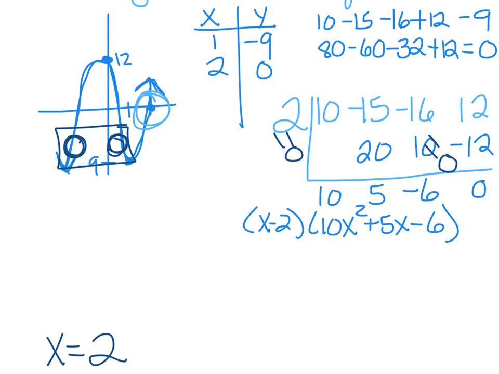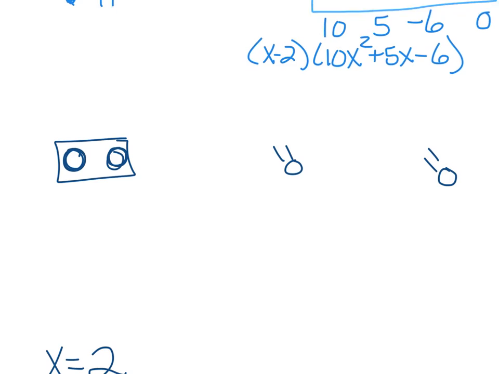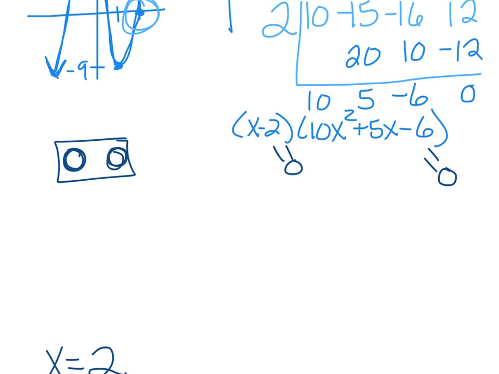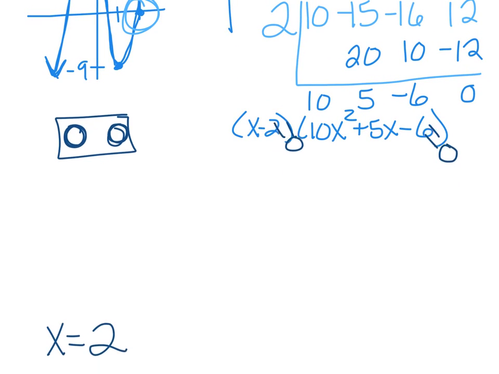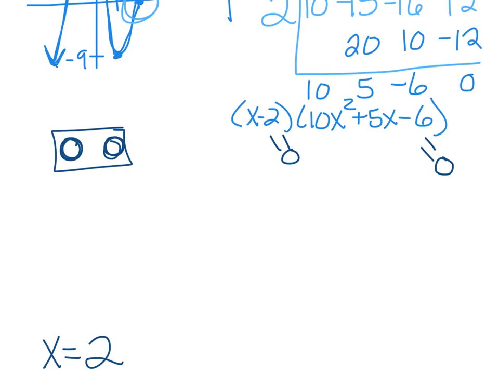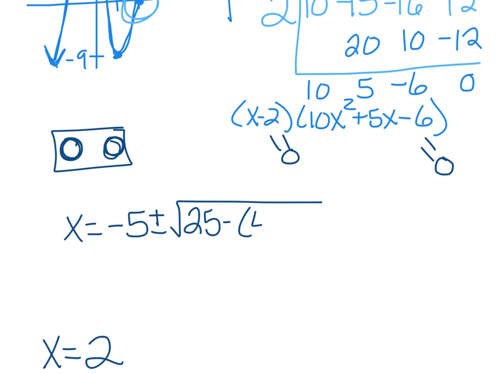Oh, that did not work, did it? Well, whatever. Let's try that again. All right, so we know x equals 2. And then we're going to use the quadratic formula for the rest. And so you've got to remember that. X equals negative b plus or minus the square root of b squared minus 4ac